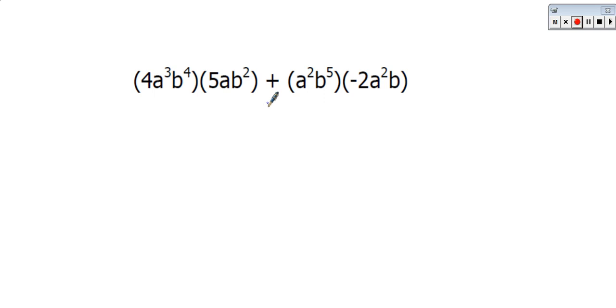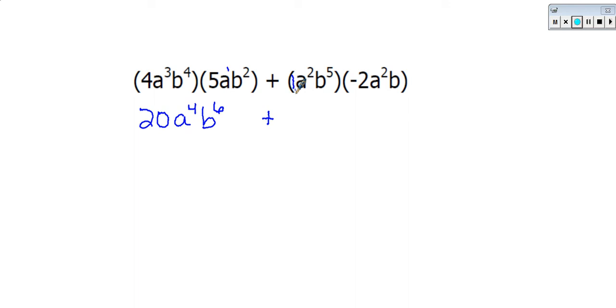Here's a problem where we have to do two things. We have to use the product rule for this binomial, these two terms, and we have to use the product rule here first. Then we are allowed to add them later. Let's try this out. 5 times 4 gives us 20. A to the third times a to the first gives us a to the fourth. B to the fourth times b to the second is b to the sixth. To that, we are going to try to add,